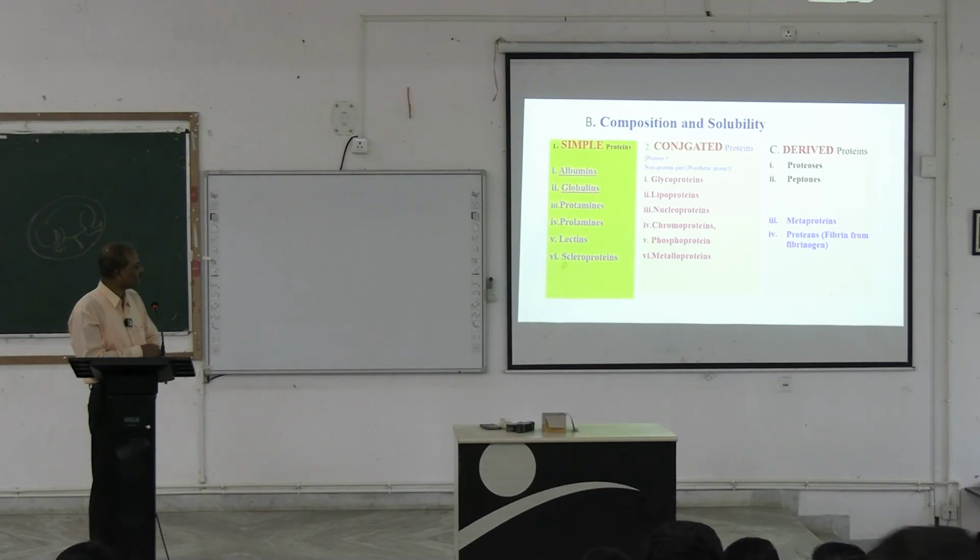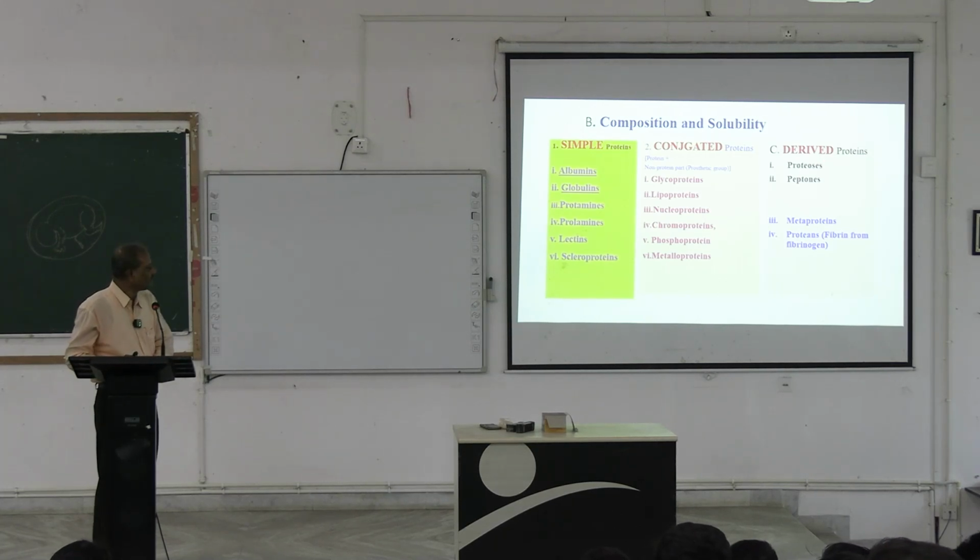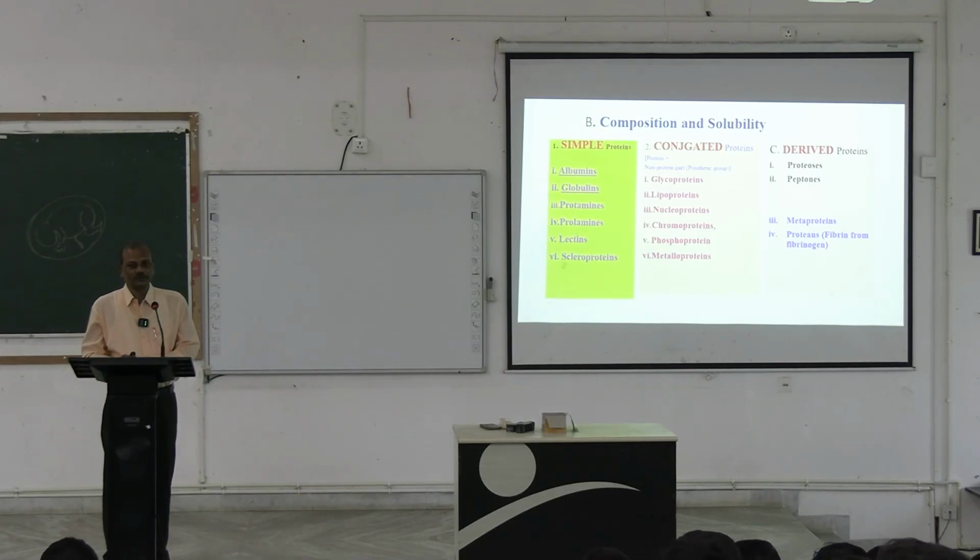One point I forgot to tell you about the derived proteins: proteogen and peptone were there definitely, but one more was there, acid metaprotein. If you add acid to a protein, the structure of which I will tell in detail in the next class, that will be totally dedicated and will be a pure biochemistry class, the higher orders of structures are destroyed, but the primary structure remains, and this type of protein is basically insoluble, and if you add acid too much or alkali too much to a protein,